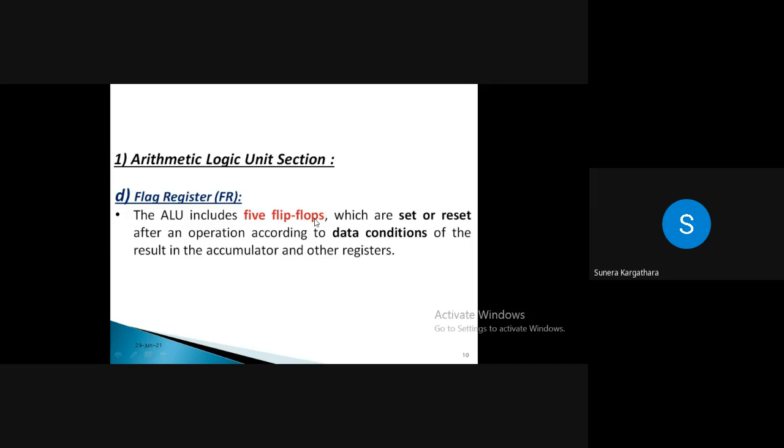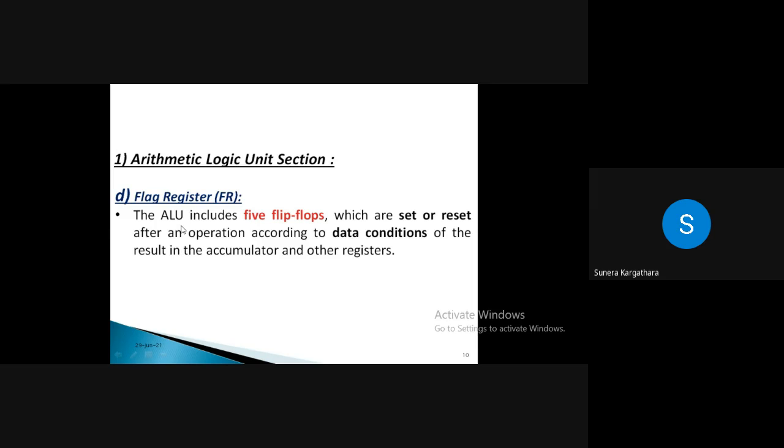We know that whenever a register is made, what is a register? A group of flip-flops, right? Now how many flip-flops are you connecting? How many bits can a flip-flop store at a time? 1 bit at a time, right? So how many flip-flops do you have to connect to make an 8-bit register? 8 flip-flops, right? Suppose you want to make a 16-bit register, you need to connect 16 different flip-flops.